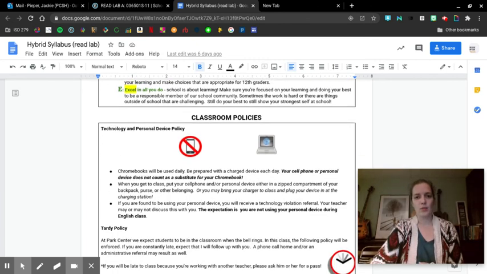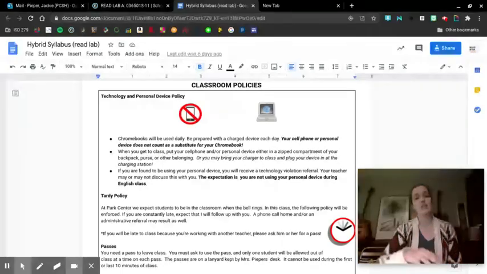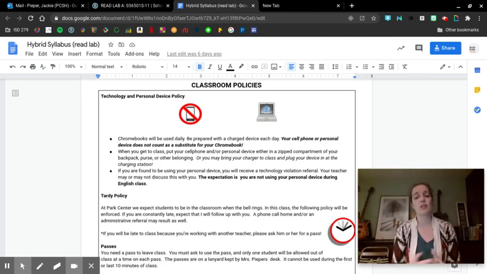So, classroom policies: when we get back into the room, your Chromebooks will be used constantly, but your cell phone should really not be present. It should be away. I don't want to see it or hear it, and that will help you focus on what we're doing. This is all a new way of learning and a new way of teaching, and so we want to stay as focused on the one thing as much as we can.